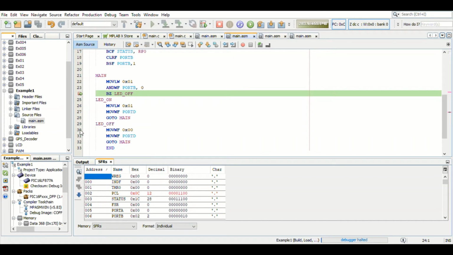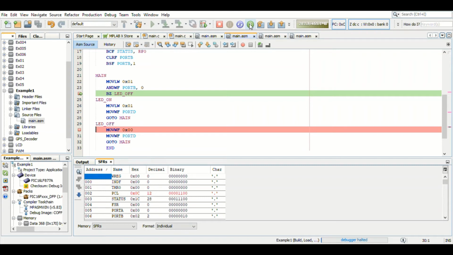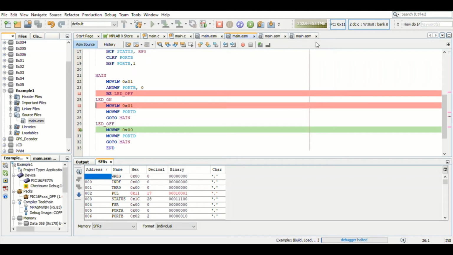We'll see if I'm branching there. I'm going to set a breakpoint inside LED off and continue running by pressing this. See, it moves on to this one. And if I set a breakpoint in LED on, you can clearly see it will never go into LED on, because the value of my W register here will never become 1. Why is it not becoming 1?